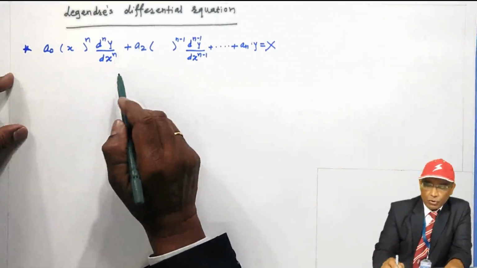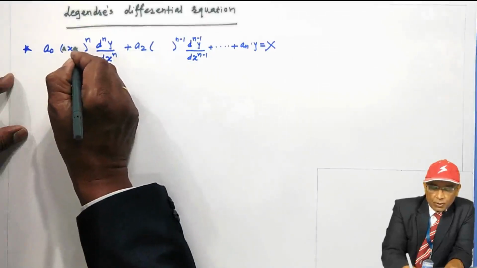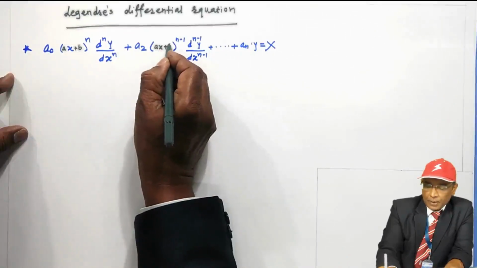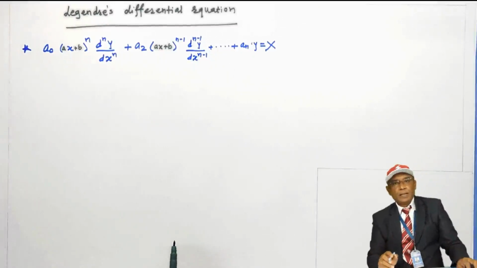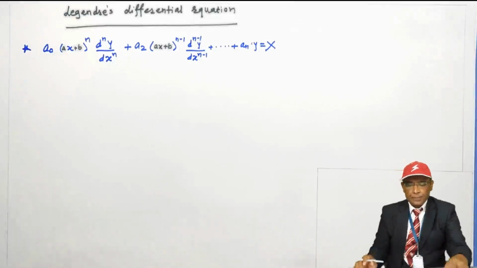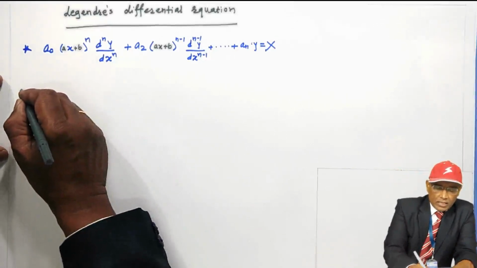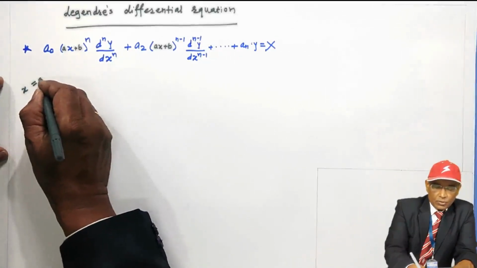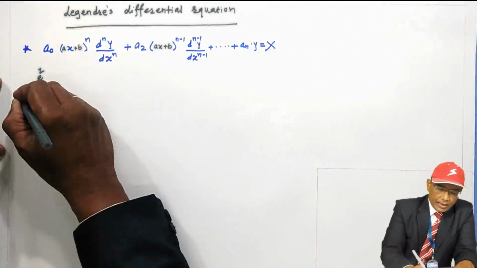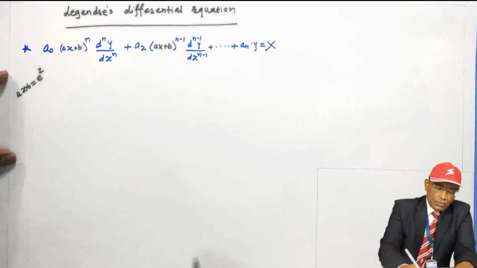This is Cauchy's equation. But what I am going to do is replace x by ax plus b. That's all. Here it was x in Cauchy's, here ax plus b. This linear factor is there. Instead of x at the coefficient place, it is ax plus b. That's all. So in Cauchy's differential equation, what we have done there, x equal to e to the power z, we substituted. Here in Legendre's equation, ax plus b is e to the power z. And you can find out the value of x also.